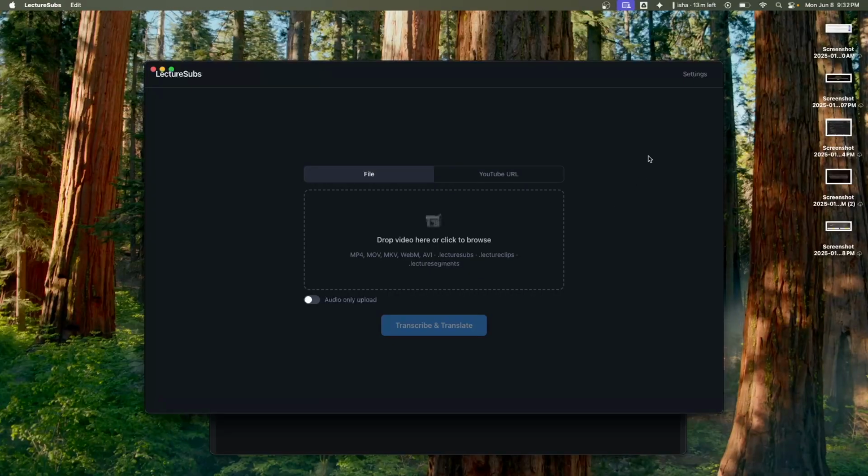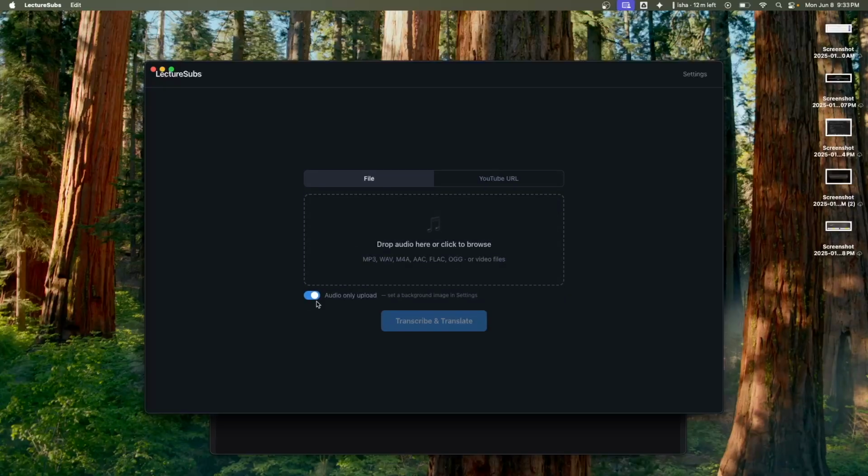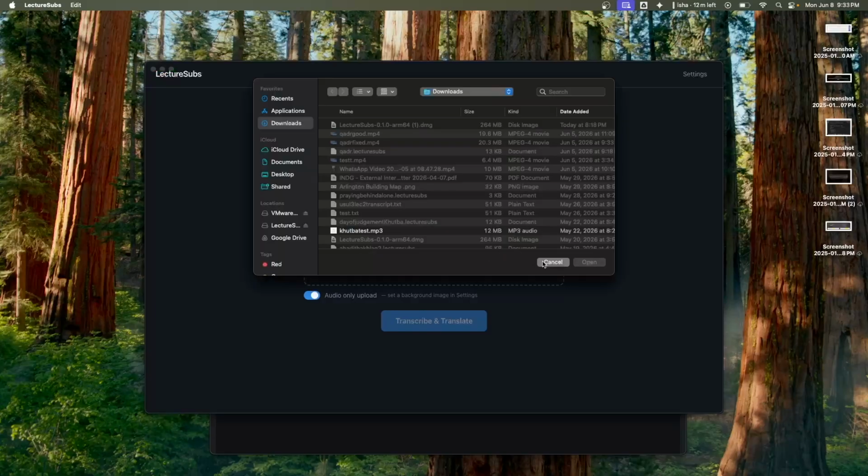Okay, so after we have our settings configured, we're going to get into the meat of the project. These parts are pretty intuitive. You could drop in any audio or screen recording of your choice, and then you'll have a previewer open after everything is all said and done with your subtitles. If you are dropping in a screen recording and you do not want to see the screen recording itself with its overlays and so on, you could do audio only upload, in which you're also able to upload audio files, and